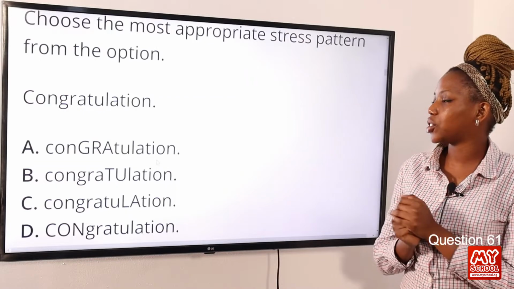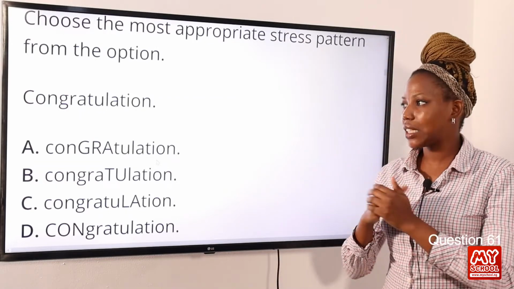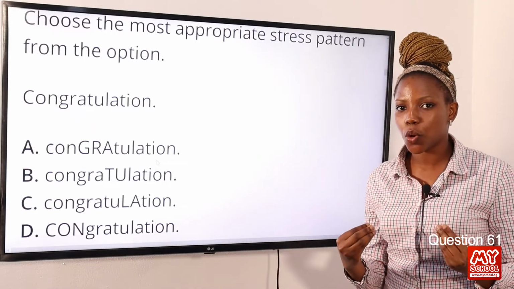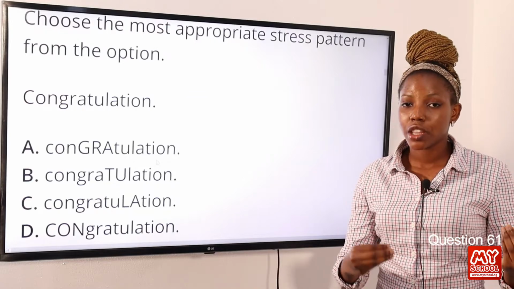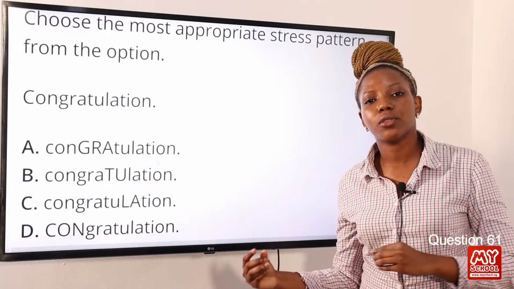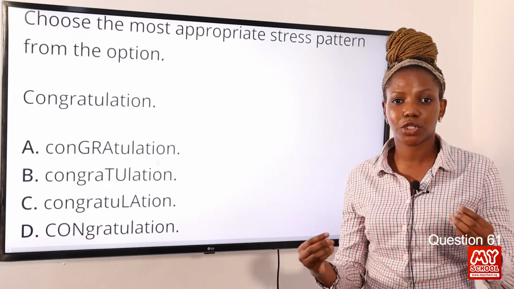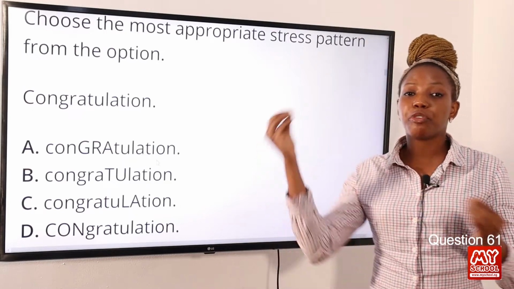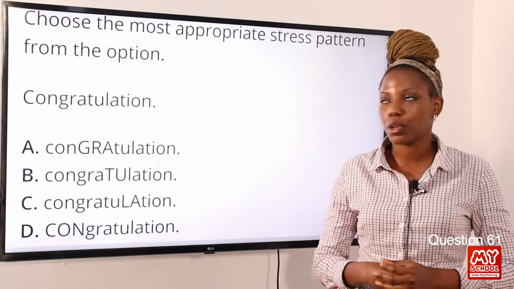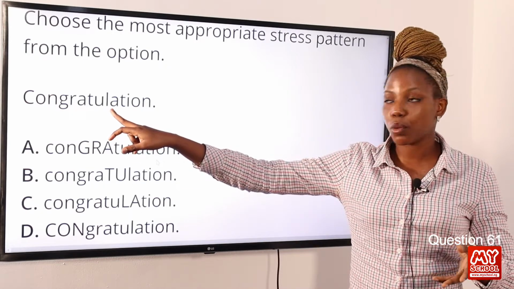Choose the most appropriate stress pattern from the option. Now the word is congratulation, and from my pronunciation we can hear the stress on the second to the last syllable. Now there is a general rule that applies to words ending with TION or SION. When words are ending with TION or SION, the stress is usually placed on the syllable before TION or SION. That is the second to the last syllable. And the second to the last syllable is LA. This word is a 5-syllabic word,